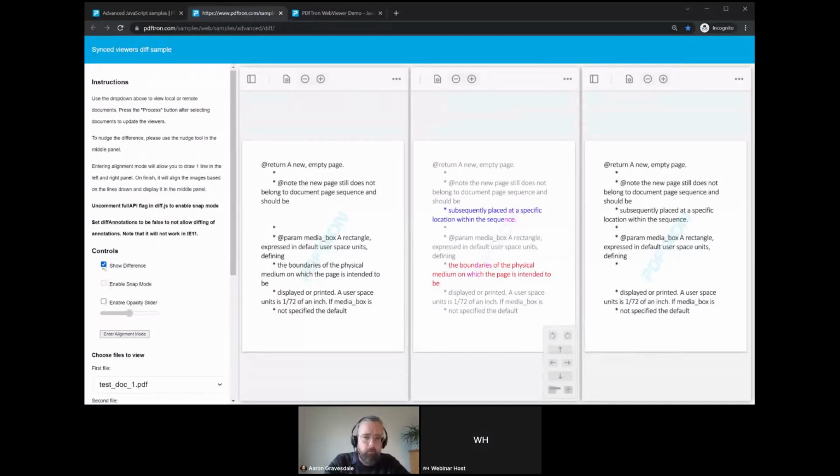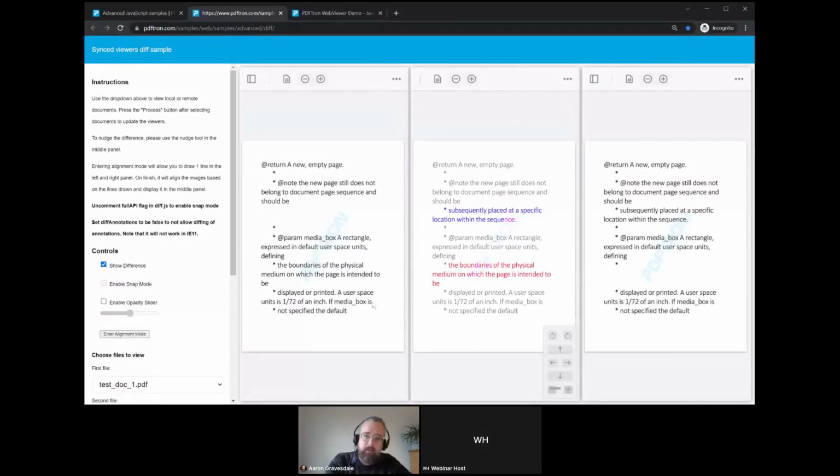For example, we've heard feedback from some of our customers that rather than having a color-based indicator, it's much better to have, in some cases, an opacity-based indicator. So here we can actually do that as well. Ones where we can move this slider back and forth, and that shows which text has been added and which text has been removed. So that might be a little easier, especially if the end user maybe has issues with color blindness, and therefore red and blue might not be the easiest way for them to view these